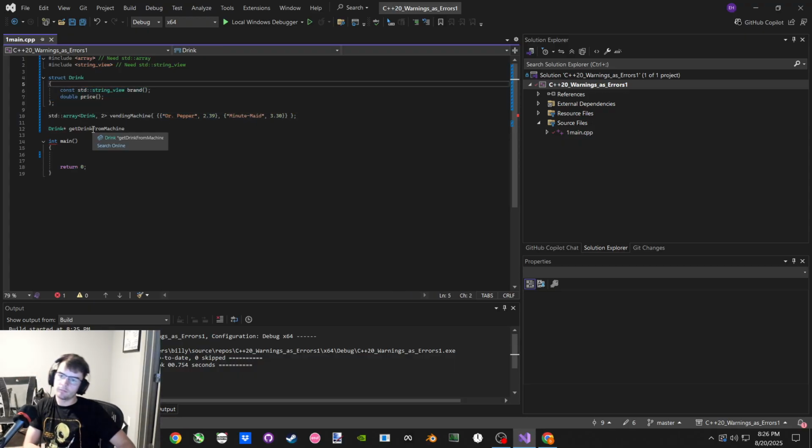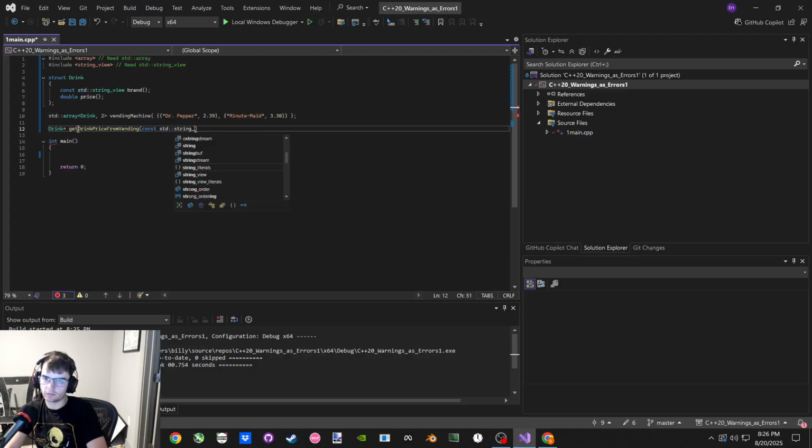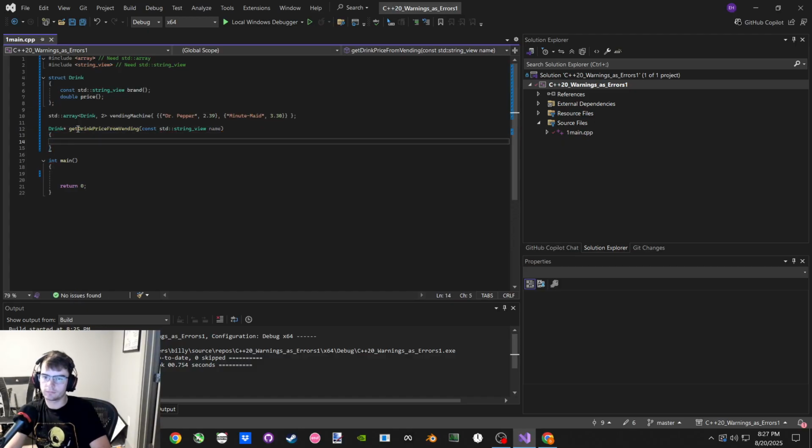So we could say get price, get drink price from machine, from vending machine, from vending, and then we take in a standard string view name, and then we say for const auto reference drink in vending machine,